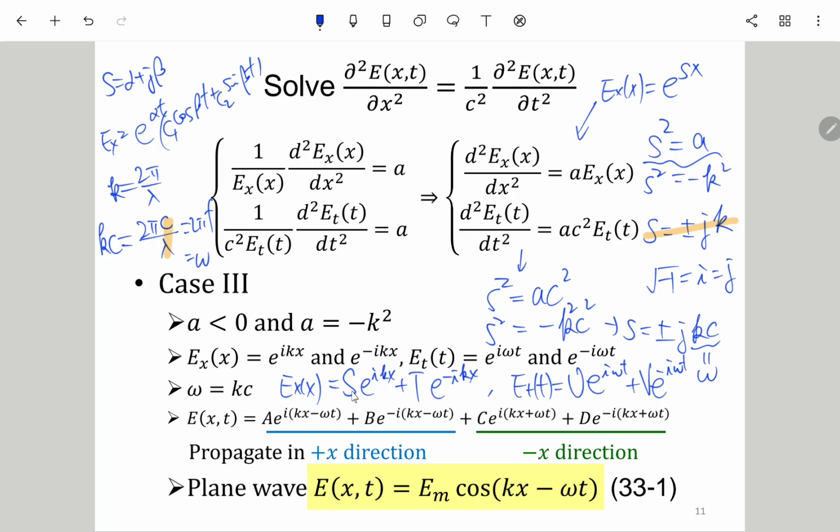So which means E of x,t to be this one multiplied by this one, and then you can try to cross multiply. 就是说这个会等于 E_x of x 乘以 E_t of t 这两个乘起来，然后你把它展开成四项的话，它就会有，比如说这个正的 ikx 跟正的 I omega t 跑到这里，跑到第三个，然后正的 ikx 跟负的 I omega t 跑到第一个，然后负的 ikx 跟正的 I omega t 跑到第二个，然后负的 ikx 跟负的 I omega t 跑到最后。Okay, so this is E of x,t,